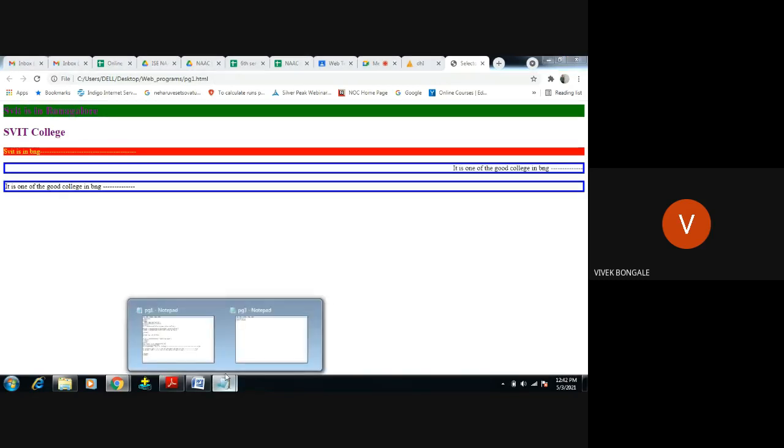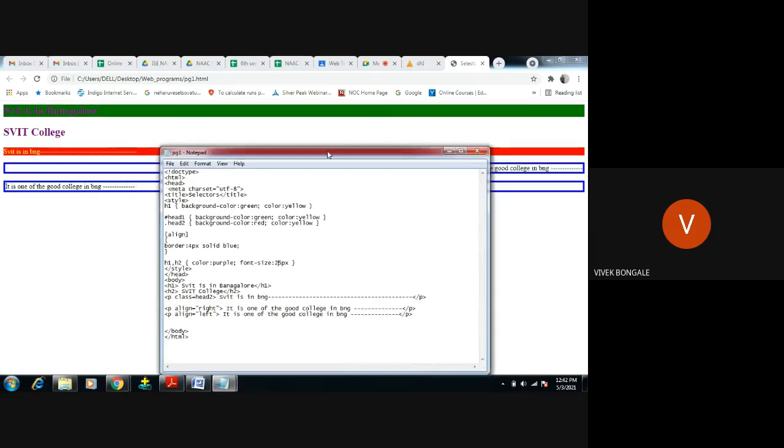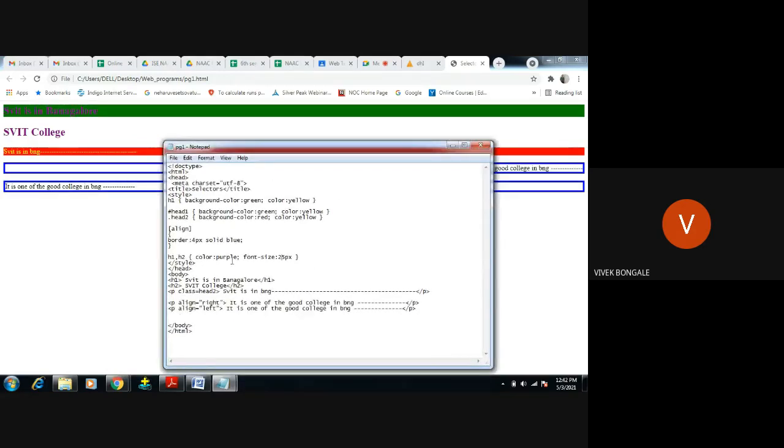It's working. Instead of 5 I have given 25 pixels. So see, the color is purple, it is Bangalore, displaying in purple, and font size is 25. The same thing we have used for h2 also. So h2 is SVIT college, the same color and font size 25. And for h1 we have one more, background color is green.